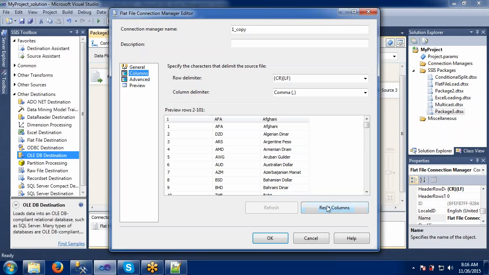Reset the columns, which means it will refresh the connection once again. Why? Because we have changed something in the table. We have added a column header, so that column header should be reflected in our connection manager. Just reset the columns, and automatically it will check what changes were applied in the columns.